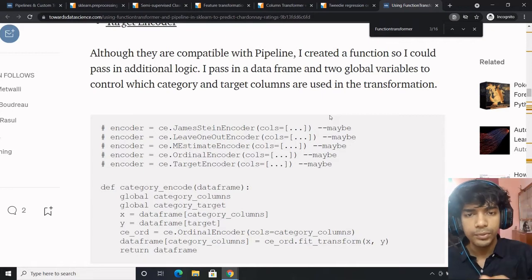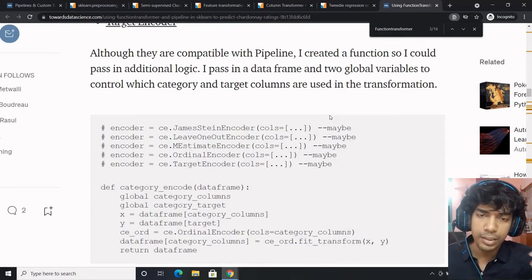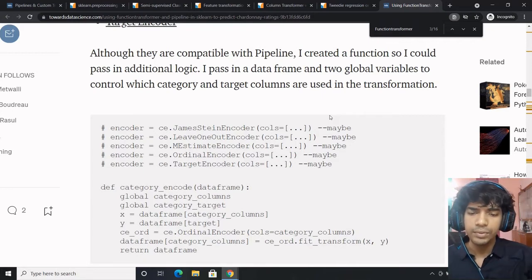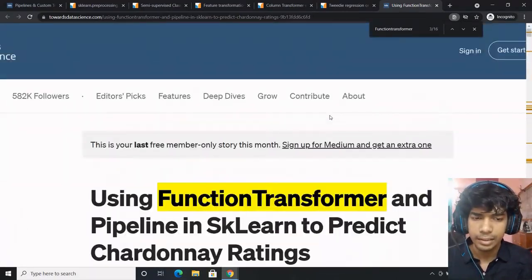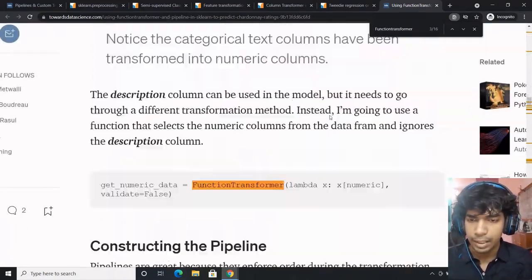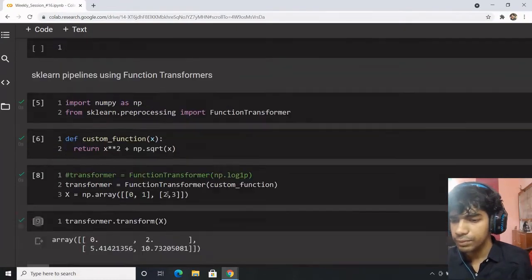If you are used to pipelining and you want to use a custom function, how would you do it? This is how you would do it. You would make use of a FunctionTransformer. That's the best way to put it forward, and I think that more than justifies what we are trying to do. I think you also got the hang of it. This is what we are trying to do.